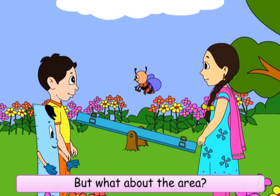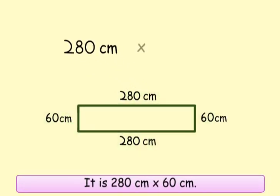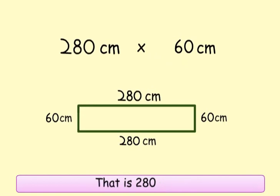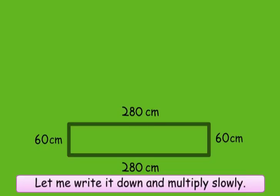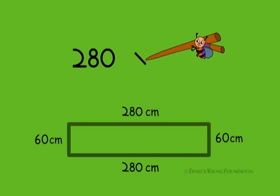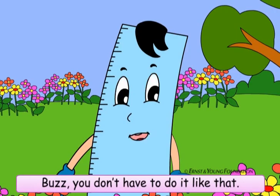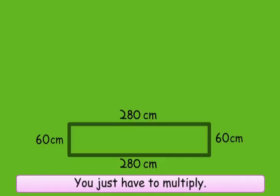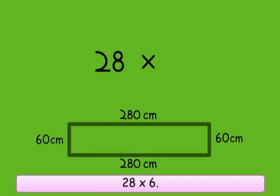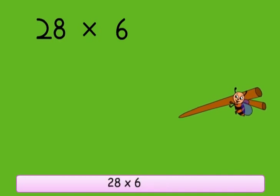But what about the area? Okay, Chinu, I know how to do it now. It is 280 centimeters multiplied by 60 centimeters. That is 280 multiplied by 60. Let me write it down and multiply slowly. Buzz, you don't have to do it like that. You just have to multiply 28 multiplied by 6. Do it now. Okay, Futta. 28 multiplied by 6